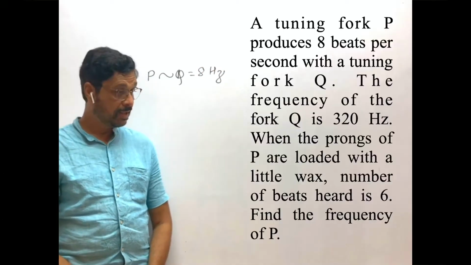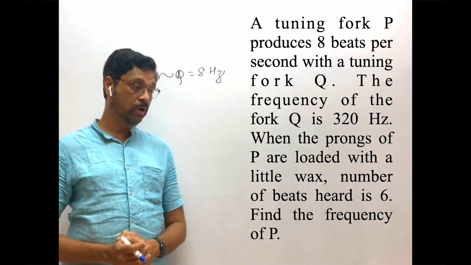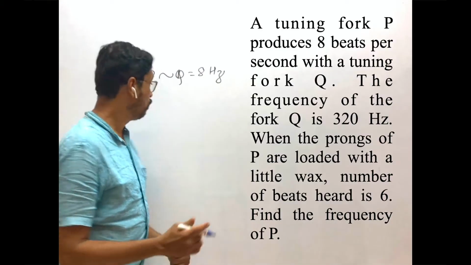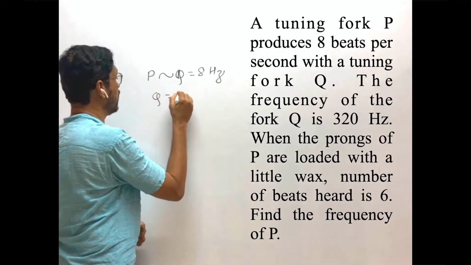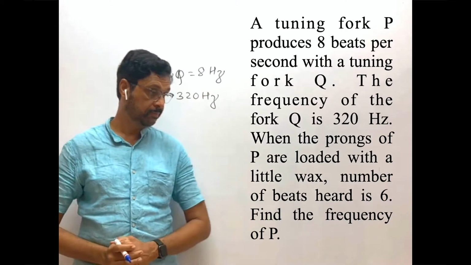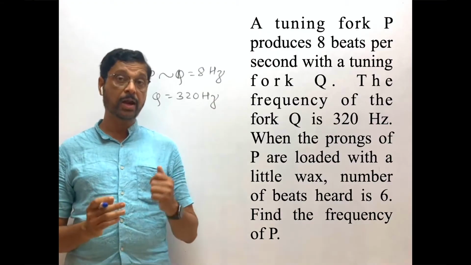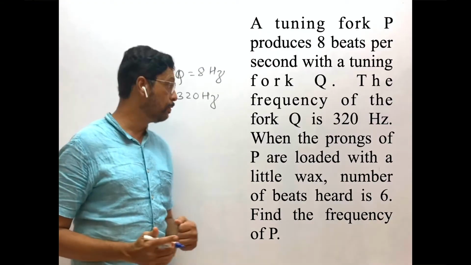Right? If the frequency of the fork Q is 320 hertz, fork Q की frequency है 320 hertz. Okay. When the prongs of P are loaded with a little wax,